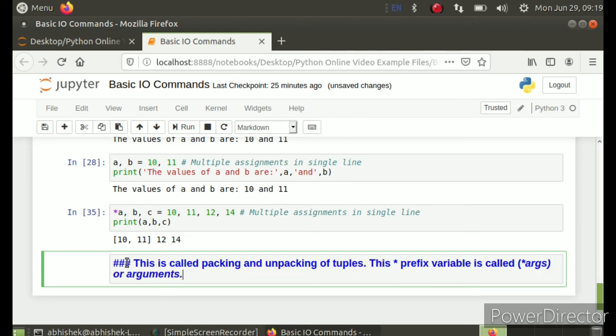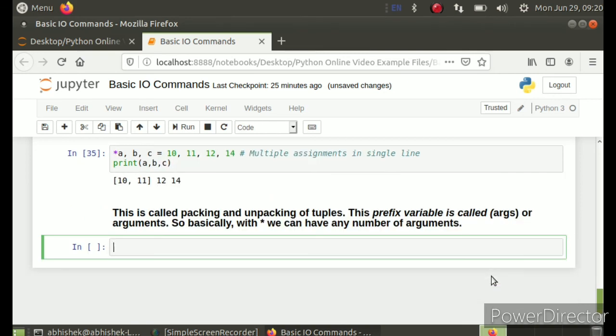A variable with any number of arguments. So here what is happening, this star a is holding all the extra values. There are 3 variables and 4 values, so it's grouping these 4 values to fit into the 3 variables.